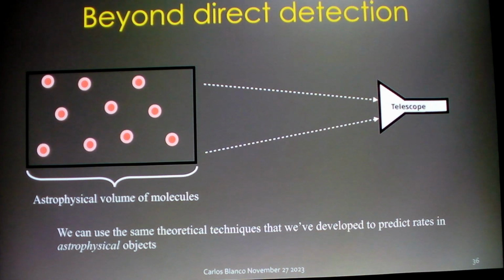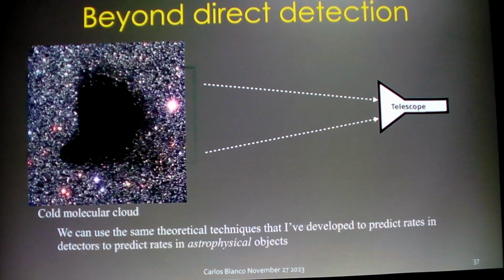And there, what you're really looking for is large astrophysical volumes of molecules. And instead of photodetectors, in bialkali PMTs, you use telescopes. And these things exist. They're called molecular clouds, cold molecular clouds. This is an example. This is the Barnard molecular cloud. And it looks like there's something wrong with the telescope. Is the cloud a black thing or this thing around it? It is the black thing, right?